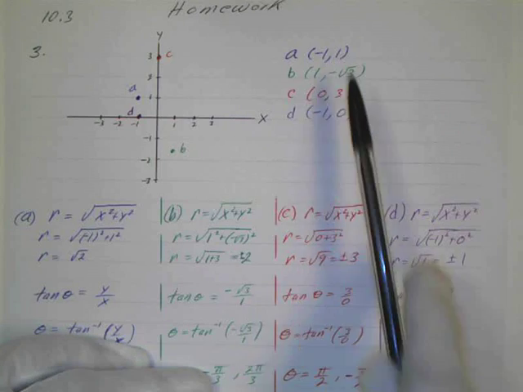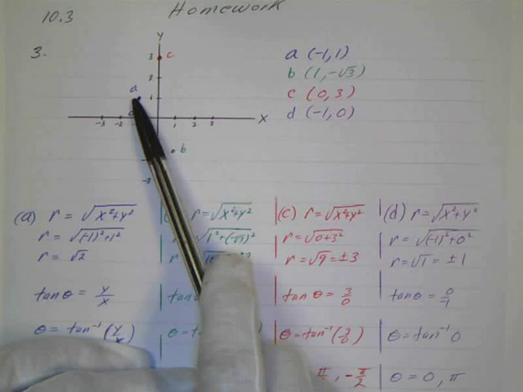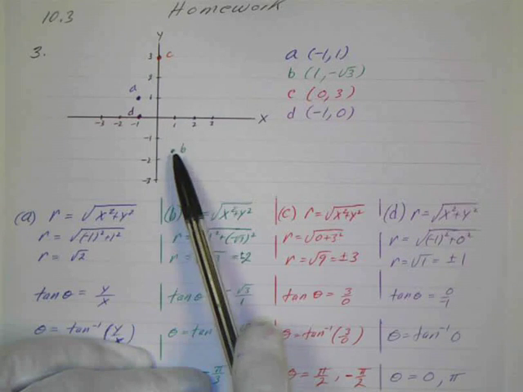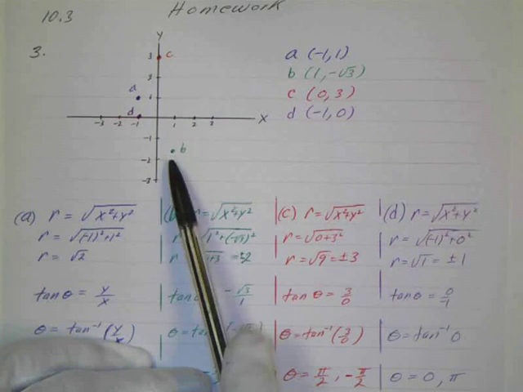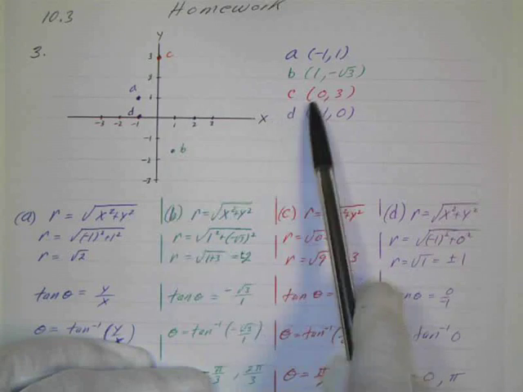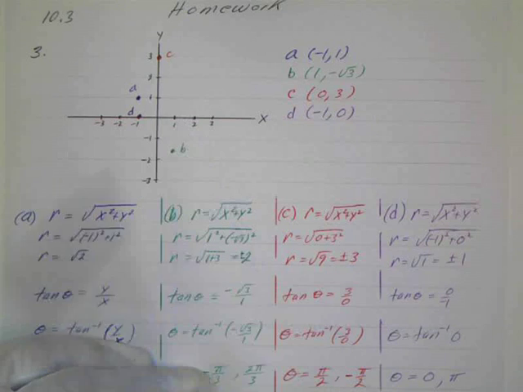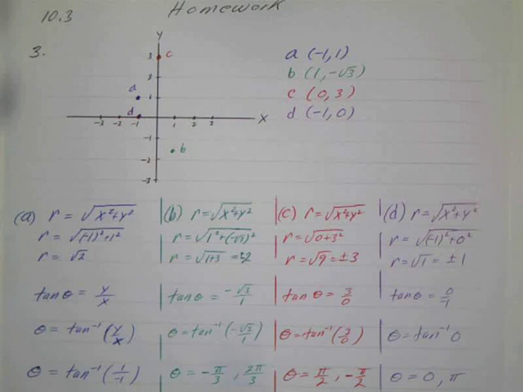So these are my 4 points. Negative 1, 1, that's A. 1, negative the square root of 3, which is about 1, negative 1.7. C was 0, 3, and D was negative 1, 0, so that should have been pretty easy to plot those 4 points. And then we wanted to find two sets